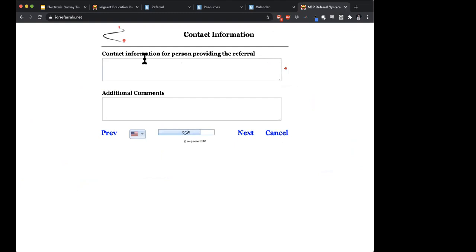This is the last page of the IDRC referral. And this is actually asking for the contact information of who is providing the referral. And so whoever is filling out the referral would then put their information here. It's important just in case there are any follow-ups that are needed or any other questions or information to be gathered. And so the person filling out the referral can put in their own contact information as well as a spot